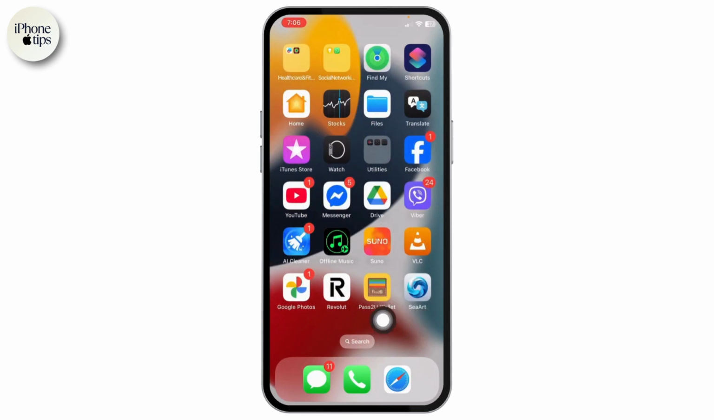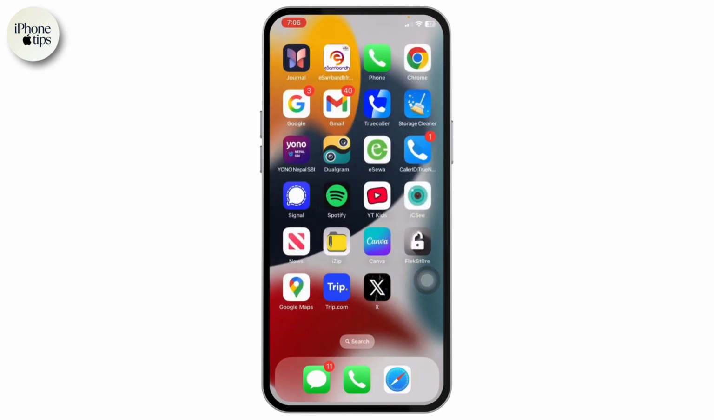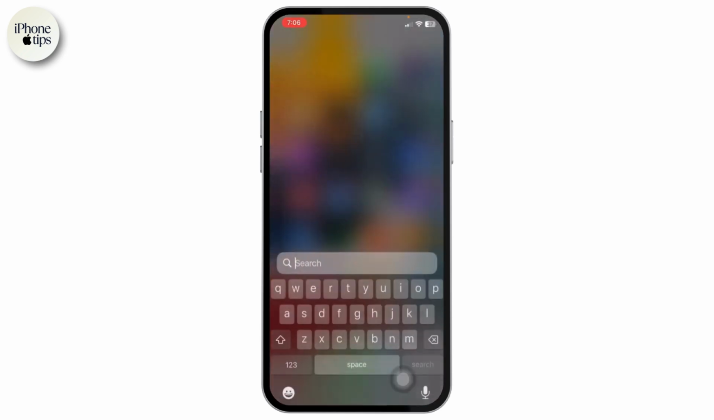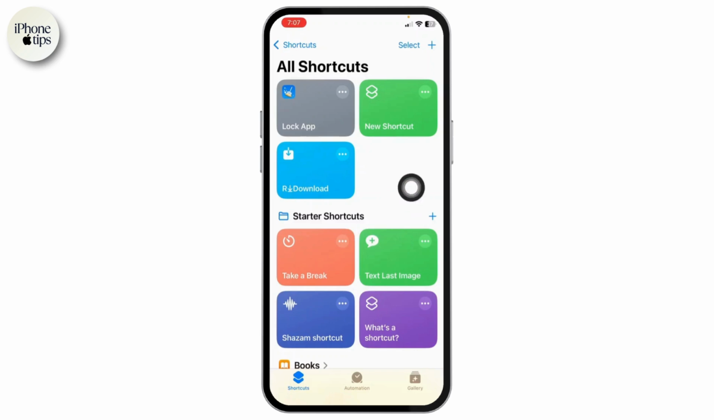If you're also facing such a problem, where whenever you open some kind of application your iPhone suddenly turns off or goes back to the lock screen, that might be caused by automation. So the first thing you want to do is disable that. Simply head over to your search bar and search for the Shortcuts application on your iPhone, and all you